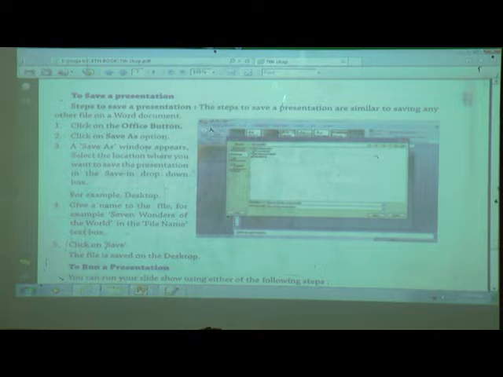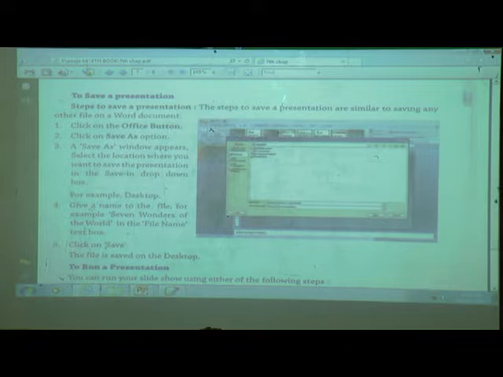Then when we click on the Save As, then this type of window will appear on your screen, and you can see here we can select the path on which drive we want to save, desktop, C drive, E drive, where we want to save, select the path, and then what to do?